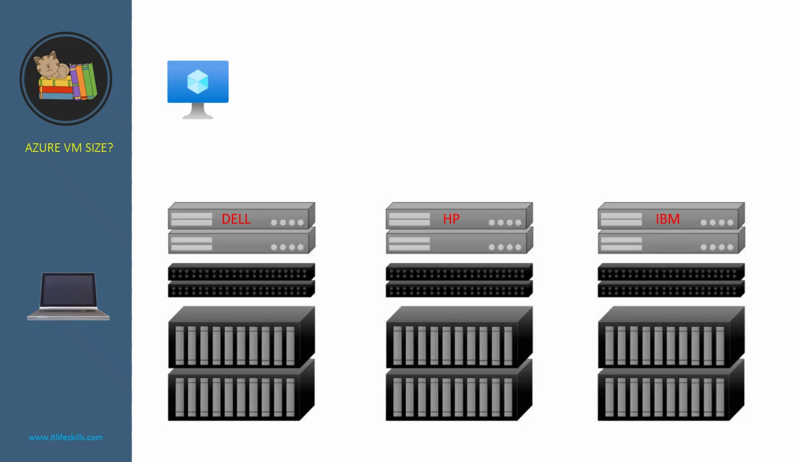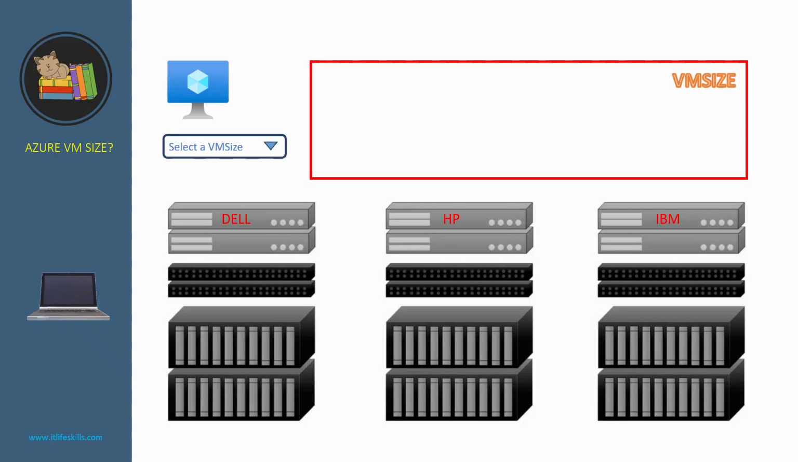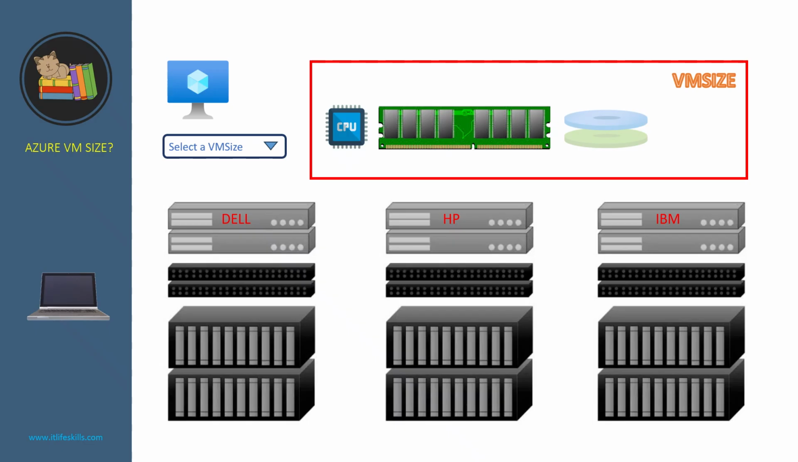Instead, you must select a VM size which defines how many virtual CPU cores, how much RAM, the number of data disks, and network core bandwidth the VM has. Based on the VM size you choose, Azure provisions your VM on physical hosts that support the hardware configuration required for that VM size. For example, when you select the VM size Standard